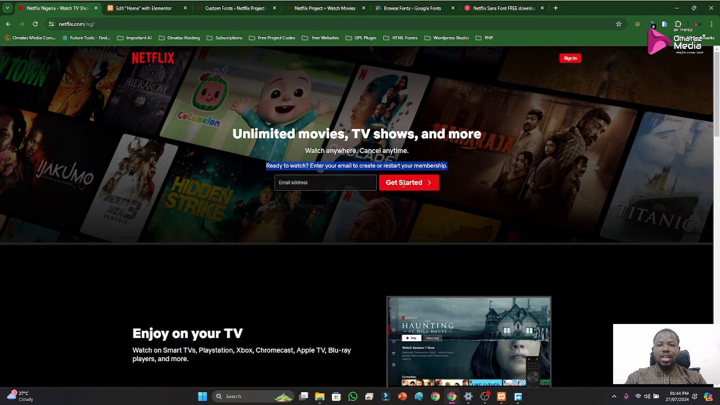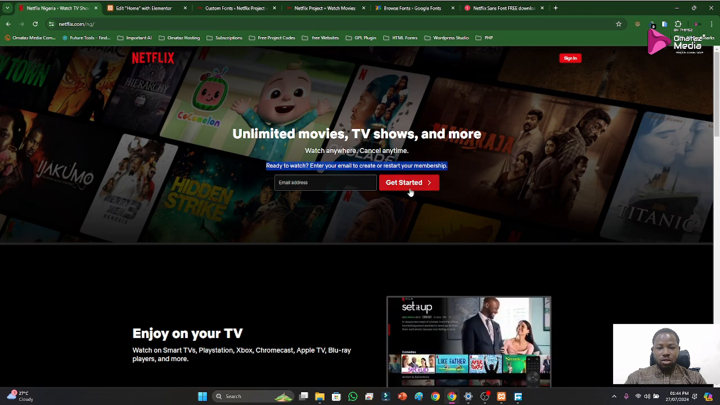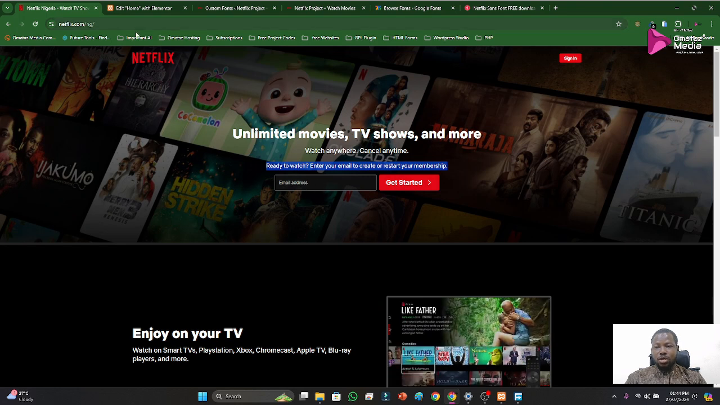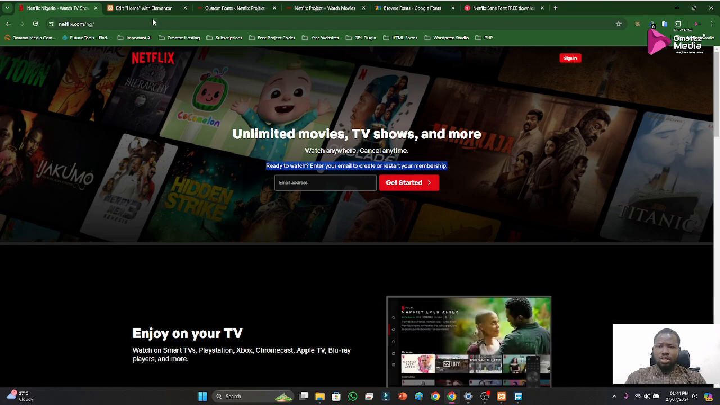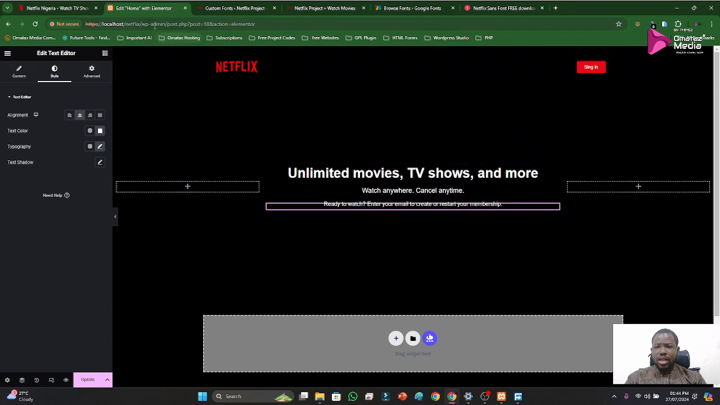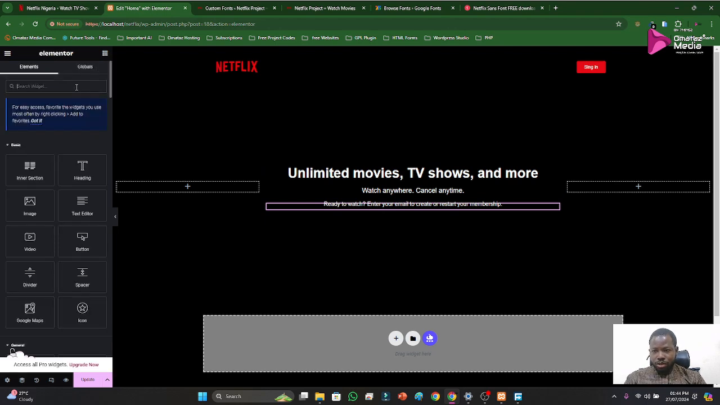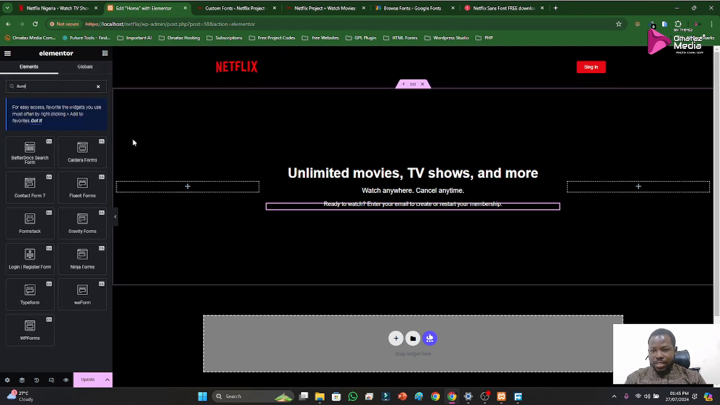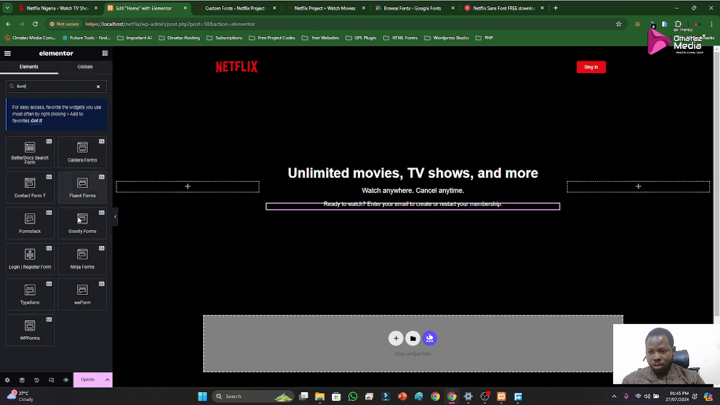So the only thing that is lacking for us here is the background and this other Get Started button with this space. So how do we get to do that? This is what we'll do. We'll come here and insert a form. Insert a form here. Now there are several forms here. So what we're actually looking for is